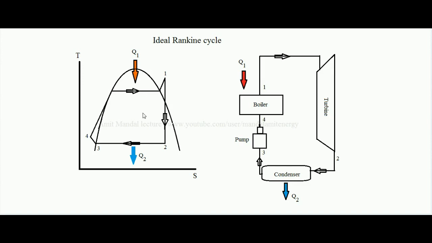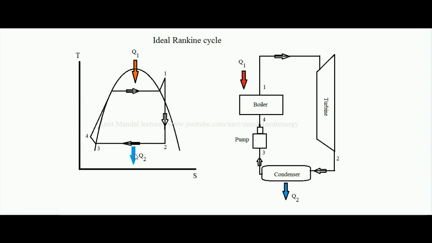Now, in case we want to increase the work done of this Rankine cycle for a fixed Q1 value, meaning the heat input is fixed, then to increase the work done, one way is to decrease the amount of Q2, because if Q2 is decreased then the Q1 minus Q2 difference will increase and it will lead to more work done. So decreasing Q2 can lead to more work obtained by the cycle. Now the question is how to decrease the amount of Q2.